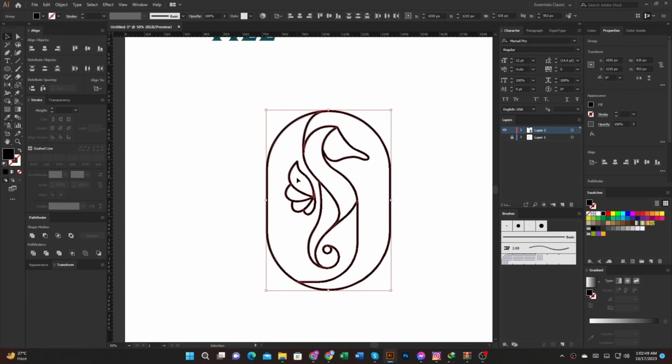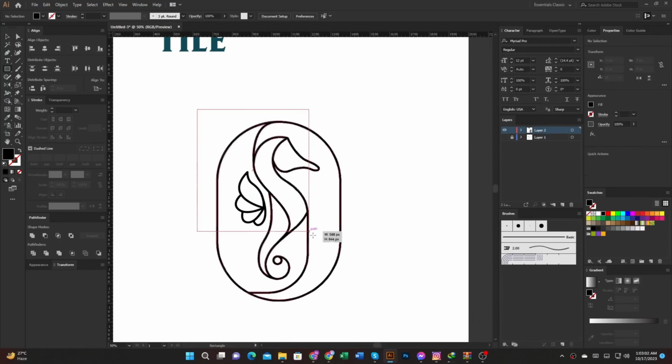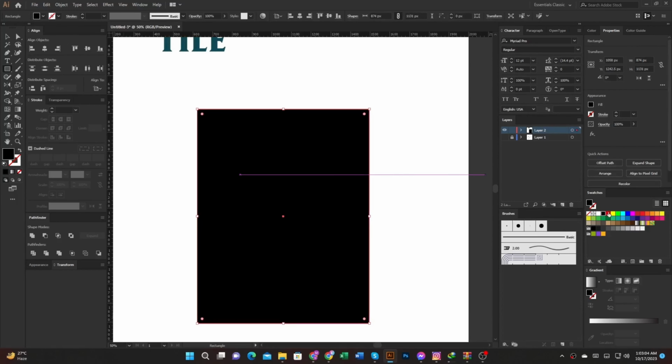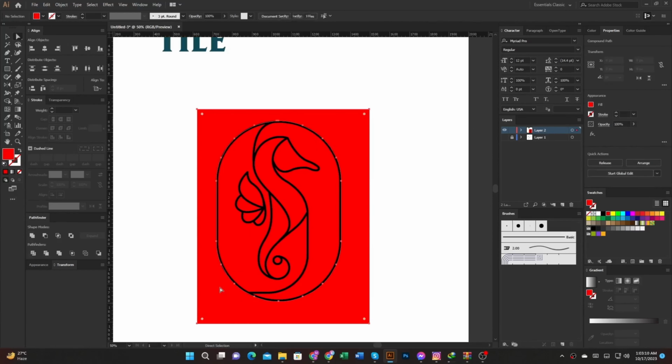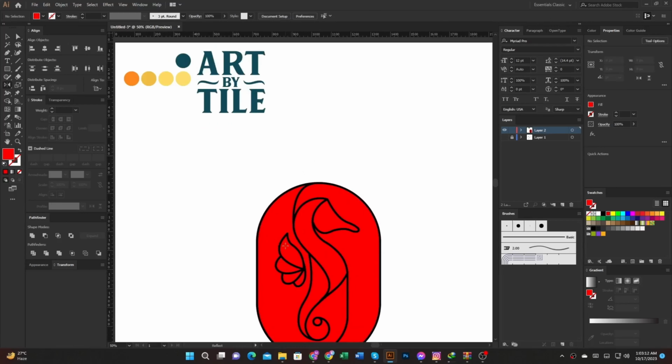Okay. Then I take a shape for color. Now use the eyedropper tool for color selection.